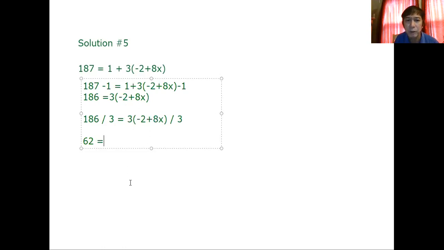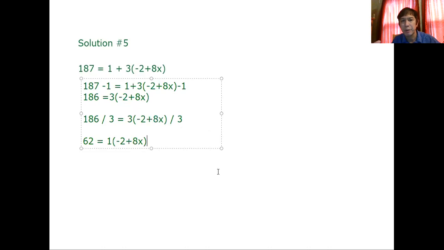So the right side is simply 1 times the quantity -2 plus 8x. Where did I get the 1? That's 3 divided by 3. 3 divided by 3 is 1. So 1 times the